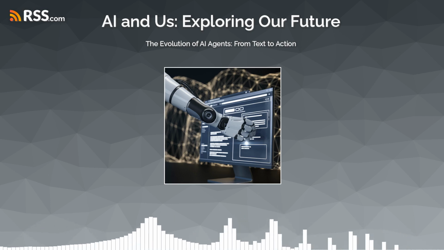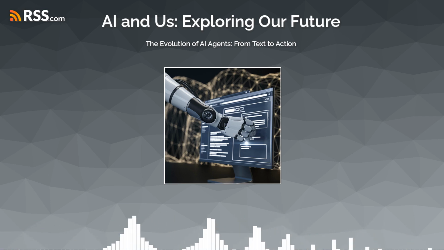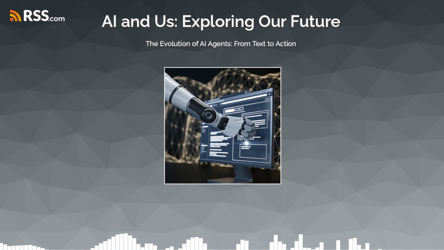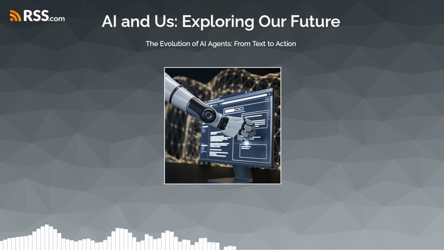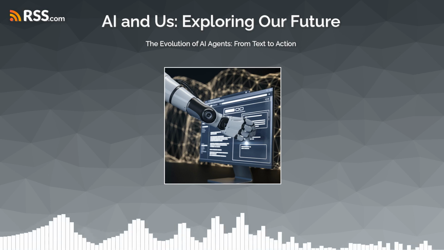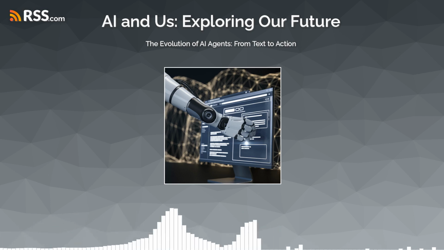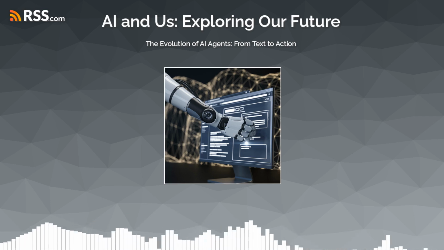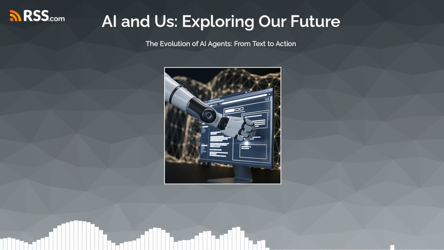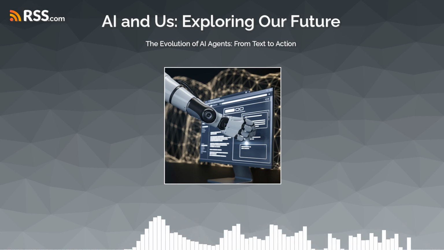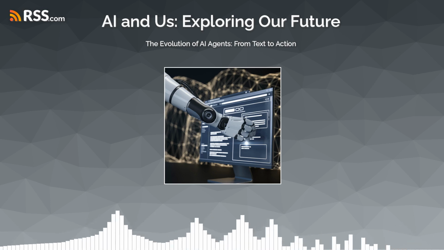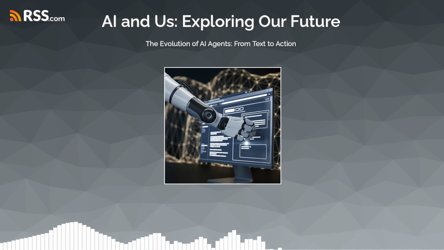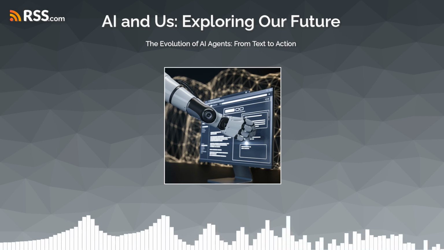So no more endless scrolling through news feeds or trying to decipher those really complicated articles. Yeah, the AI agent does the heavy lifting for you and gives you the information you need in a way that's easy to understand. And you can even tell the agent to focus on certain topics or industries or even specific publications. So it's like I could have my own personalized news feed curated by AI. That's pretty cool. It is, and it can also help you find new sources of information and perspectives that you might not have found on your own.